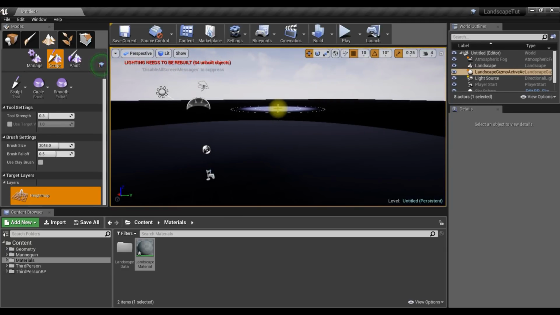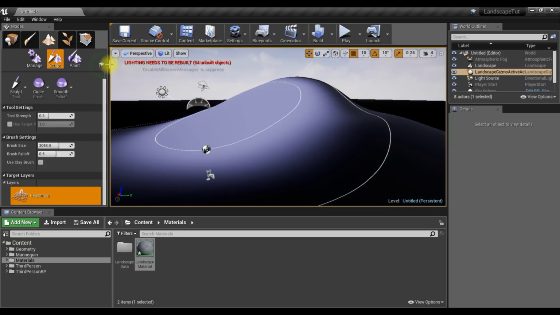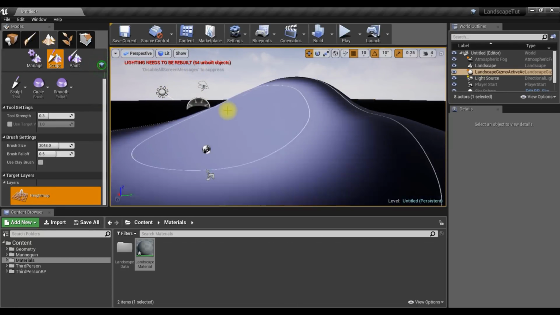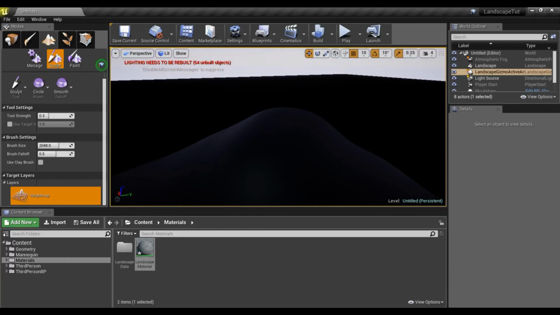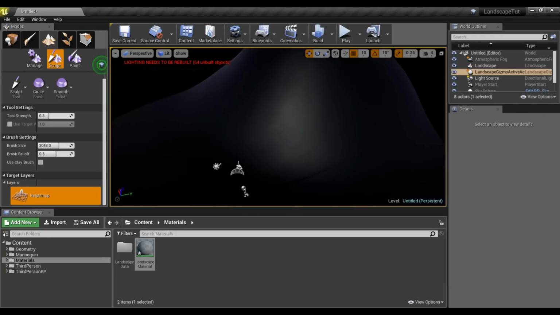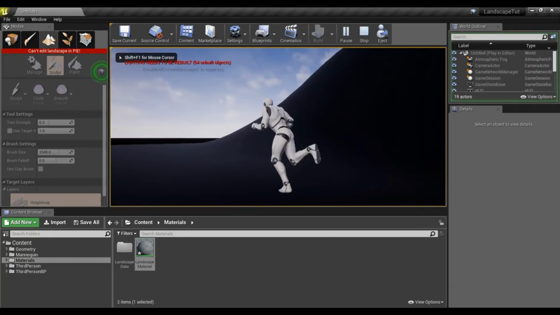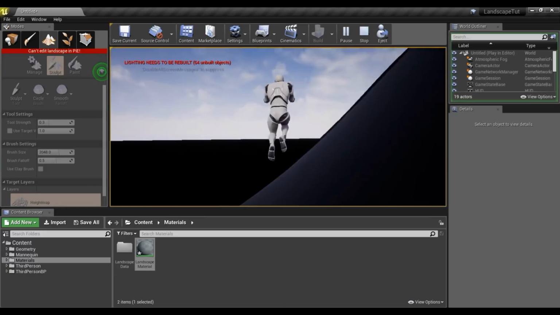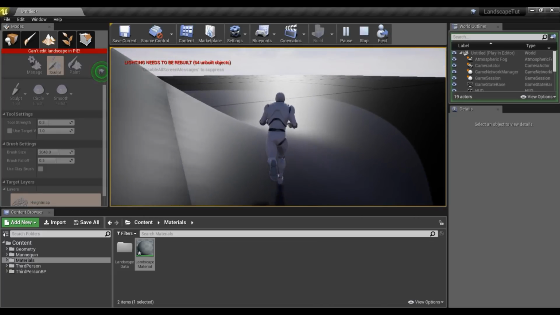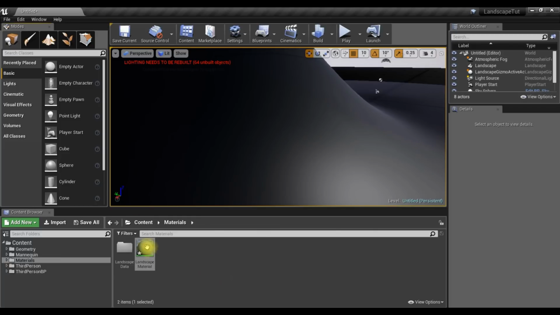I can sculpt on it and do some fancy work. Now it does turn black if you happen to have your material on it because there's no material data currently inside the material. So that's fine. Just going to kind of mess around a little bit. But if I hit play, you can see that my character is here and I can walk around in the landscape. Good enough. I'm going to exit this, go into my modes tab here, go to placement mode, and I will